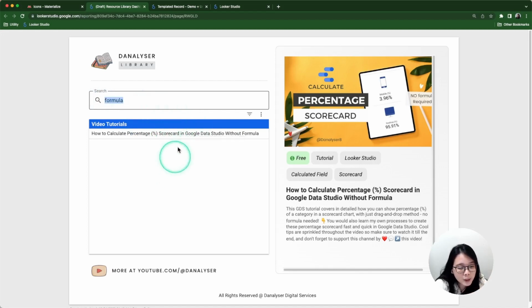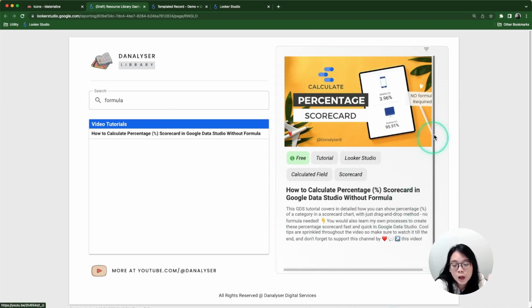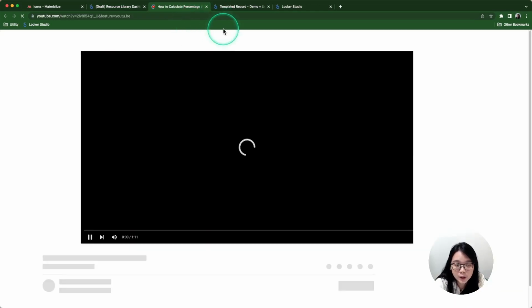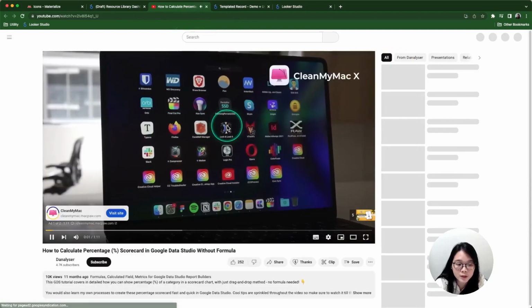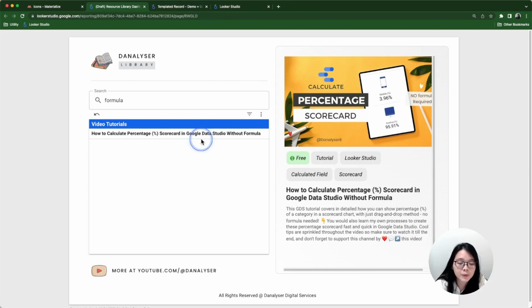And assuming there's a couple of results, I can click on one and it will show the information of this particular video or content on the right hand side, and you can see what is being covered in this tutorial. And the best thing is you can just click on it, so it will direct you to the resource and you can start watching the tutorial. So this is the entire concept that I have for now, but give me a second to